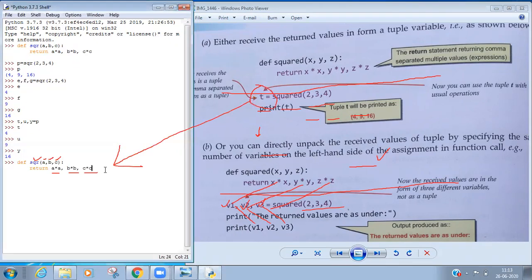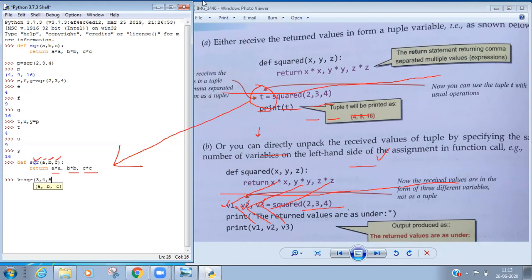So let us check this first method. I am calling this function. To call a function, you know, we need one variable to store the return value. So k is there. k will become a tuple because this function will return a tuple. So sqr, the name of the function, and we are passing three values: 3, 4, 5.